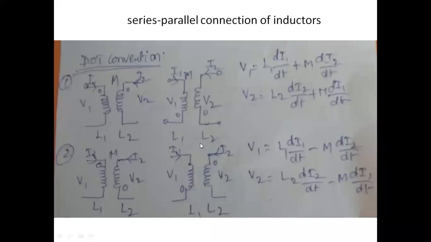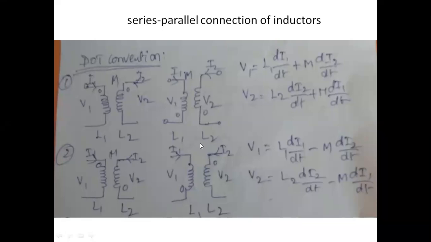So in the previous lecture, we saw how the current in an inductor changes, increasing and decreasing. Coming to the next topic, series and parallel combination of inductors. In the previous lecture we also saw resistors: when the resistors are connected in series and in parallel, what is the equivalent resistance?